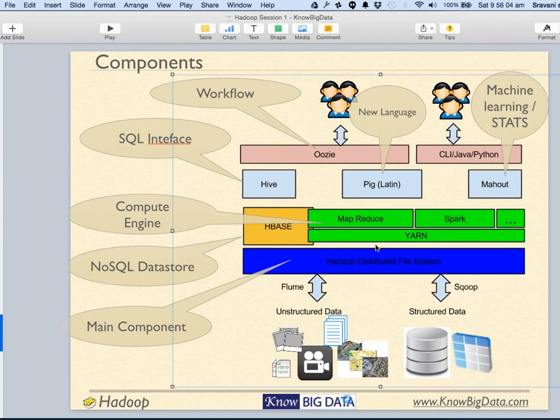So Yarn is specialized in executing anything on any node. But what exactly needs to be executed is dictated by MapReduce and other tools like Spark. Spark and MapReduce run on top of Yarn. Yarn means yet another resource negotiator.